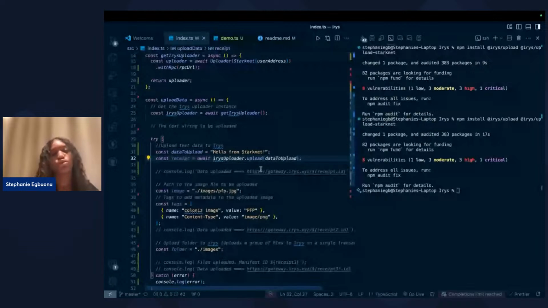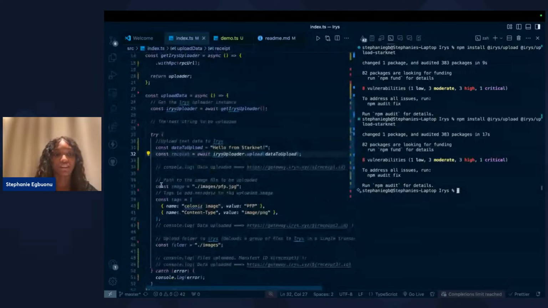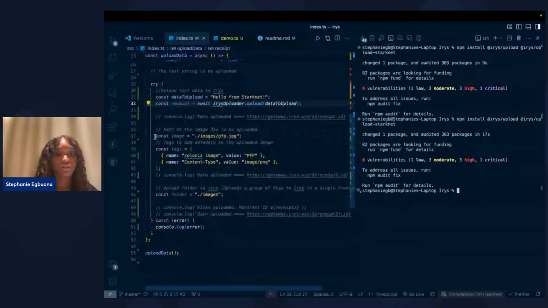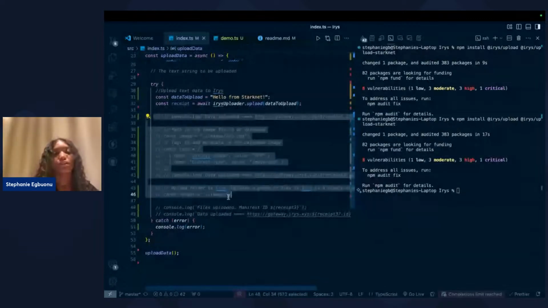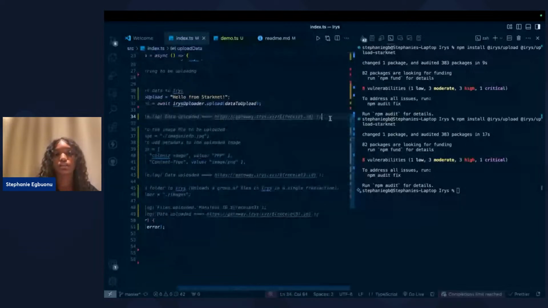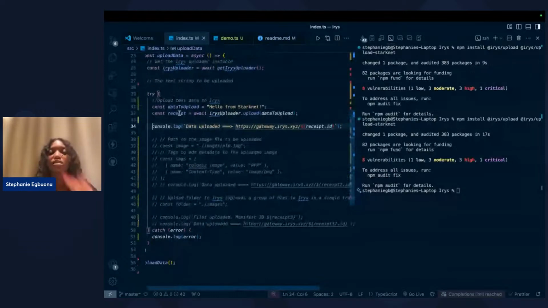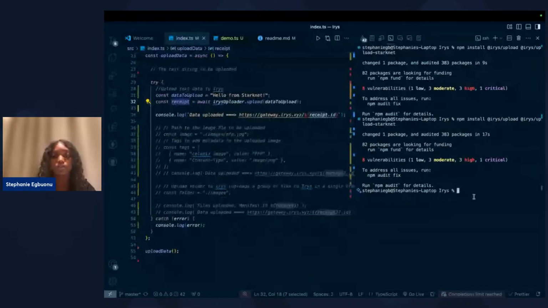So to upload this data, I'm going to run this script. This is a function. There's really nothing happening in this function. Ignore every other thing at the bottom. It's just data that I just pre-wrote. It doesn't do anything. I mean, we could comment it all out. Let me just do that. So this is the main part: uploading this data, and we want to log the response. So I'm going to log the receipt. I'm going to log the ID of this receipt so that I will be able to download this data after this successful upload. All right, so if I run this script,